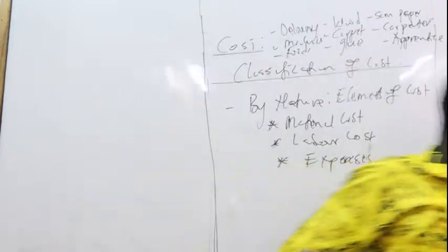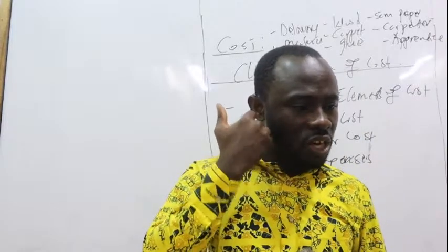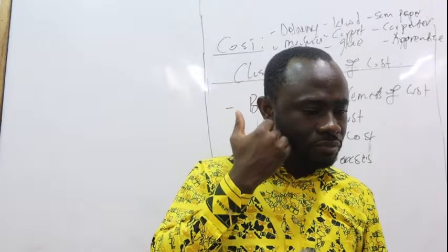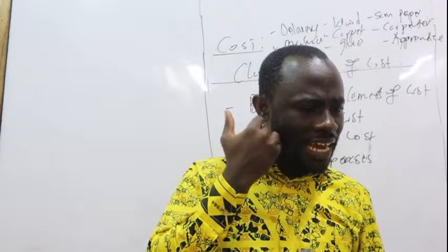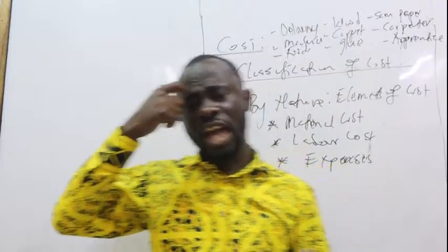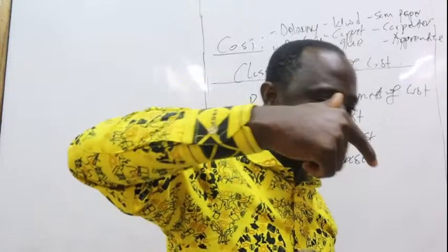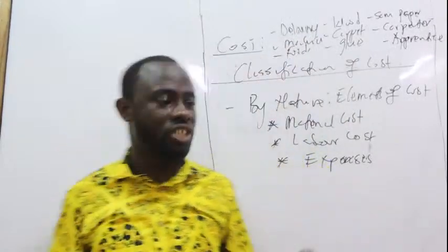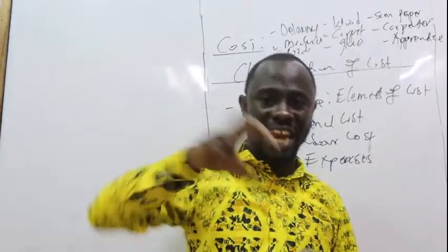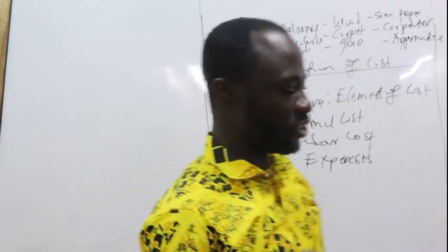Now, we're going to break this down even much further in a moment, so stay with me carefully. I see a comment coming in. Nana Atrem said, "Sir, under classification of cost, I want to ask if by type and by nature are the same." Yes, I think they are used interchangeably. I really haven't heard much about type, but I think they are used interchangeably to mean the same thing. Nature and type is the same thing. Yes, Nana Atrem, it is the same thing.